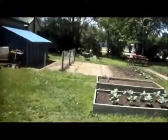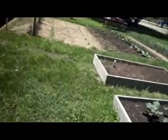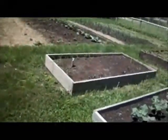Anyway, that's about it. Like I say, we're not even 2 weeks after frost free, so I guess I'm doing all right. I was kind of worried about things because I didn't have a greenhouse, but anyway,